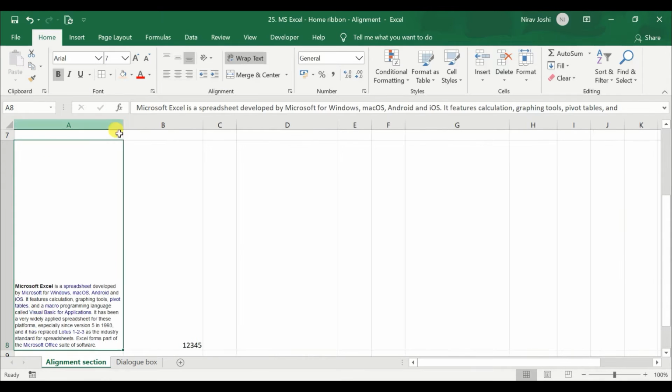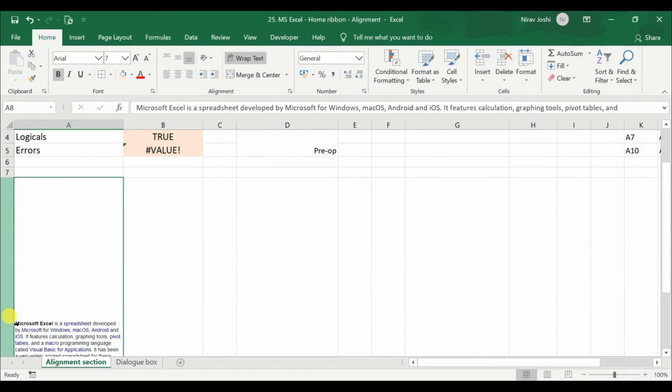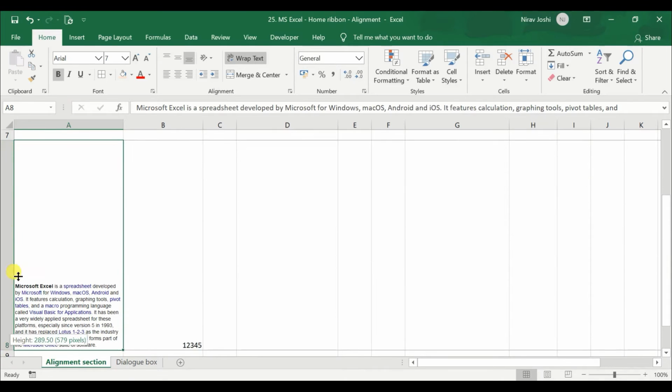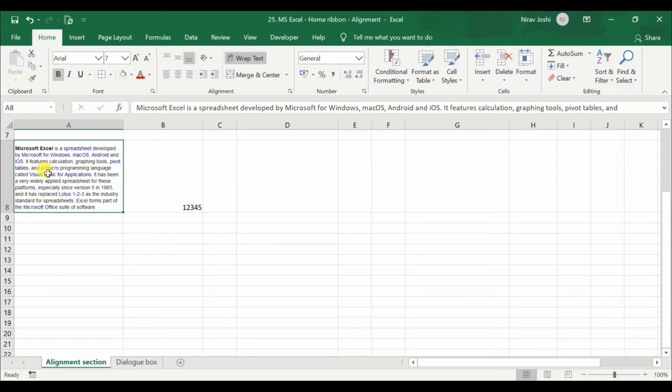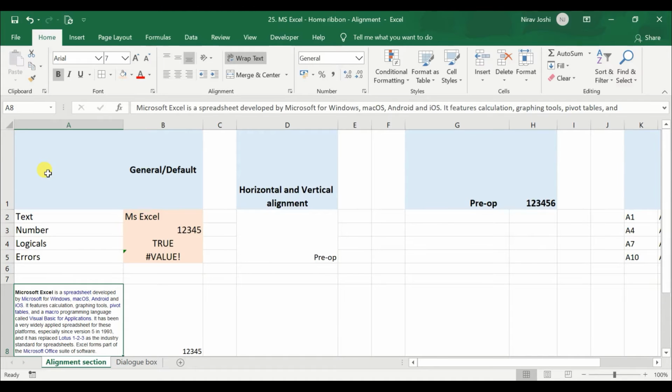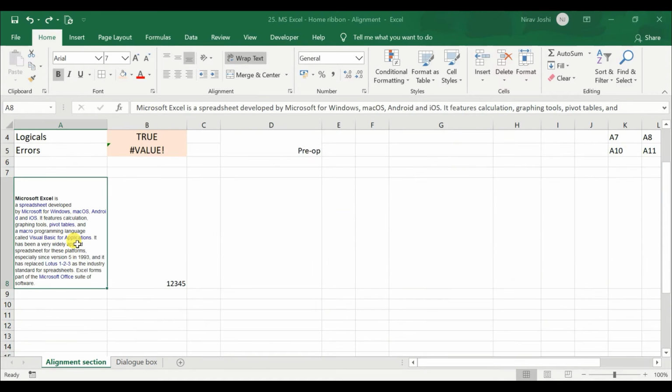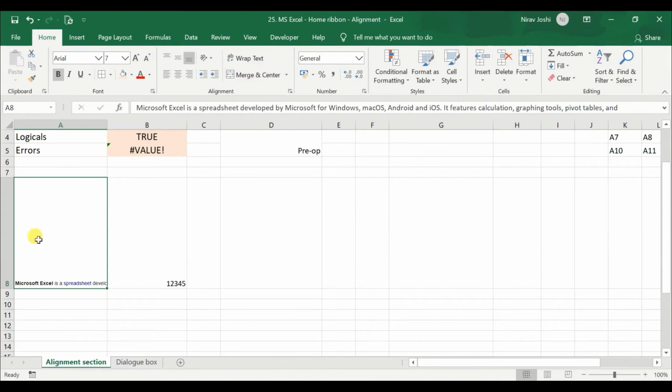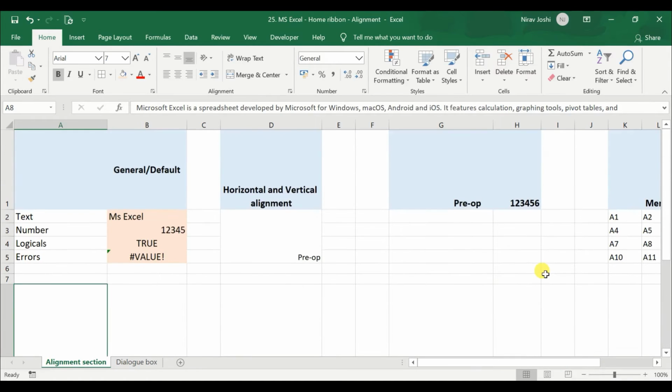So you can here increase or decrease the cell size to adjust the specific cell with the wrap text as per your requirement and readability. Here also the wrap text is a toggle button, so you again select it and the format would go to the default or original one before the wrap text.